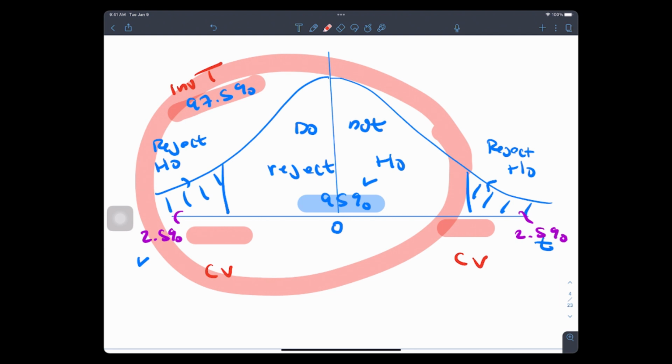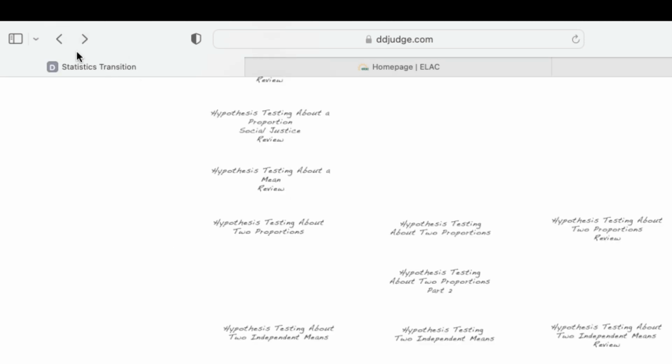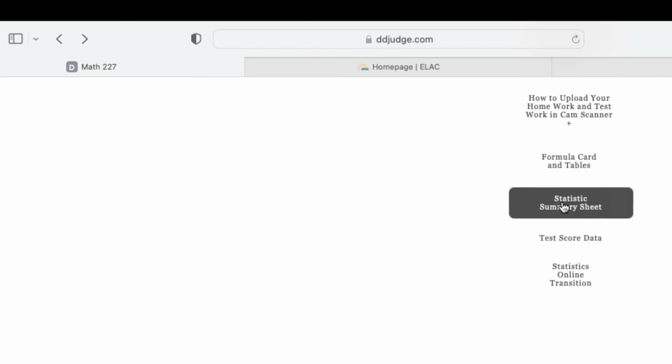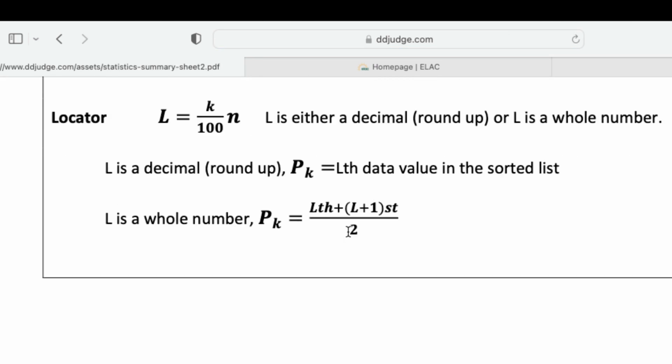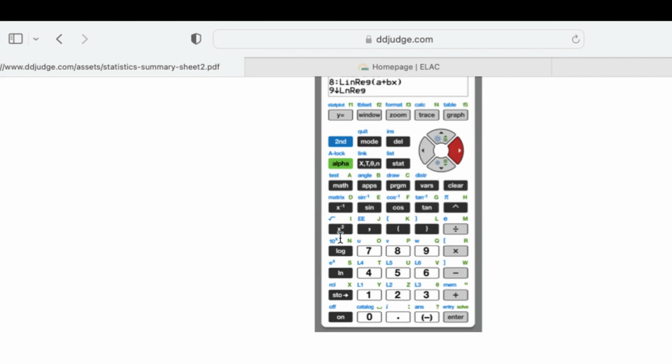Yes. So just to clarify, you use inverse t with two means? Yes. But when we're going back to the singular mean, it's only for small samples, right? That's correct. Yes. Yes. Yeah. And also, Tree, I'll show you in a little bit. I have a summary sheet that I give people for their testing purposes. Okay, just so you guys know. If you say, "Where do I get that little summary sheet?" Right here. So if you forget and you go, "Mr. Judge, I'm on a test," because your point is a good point.